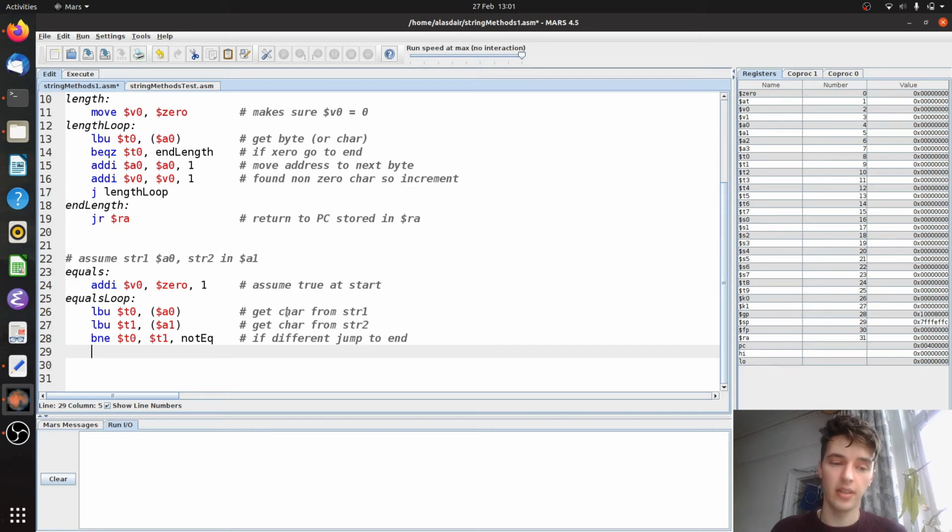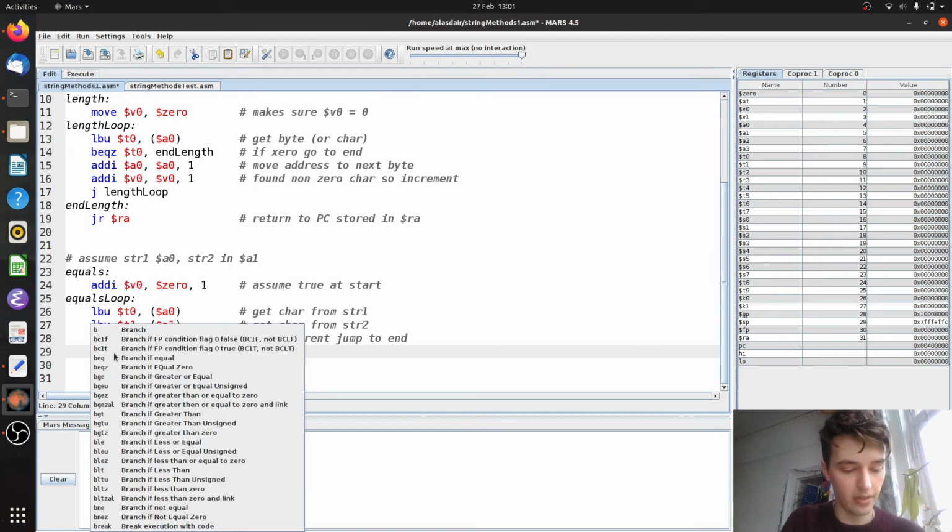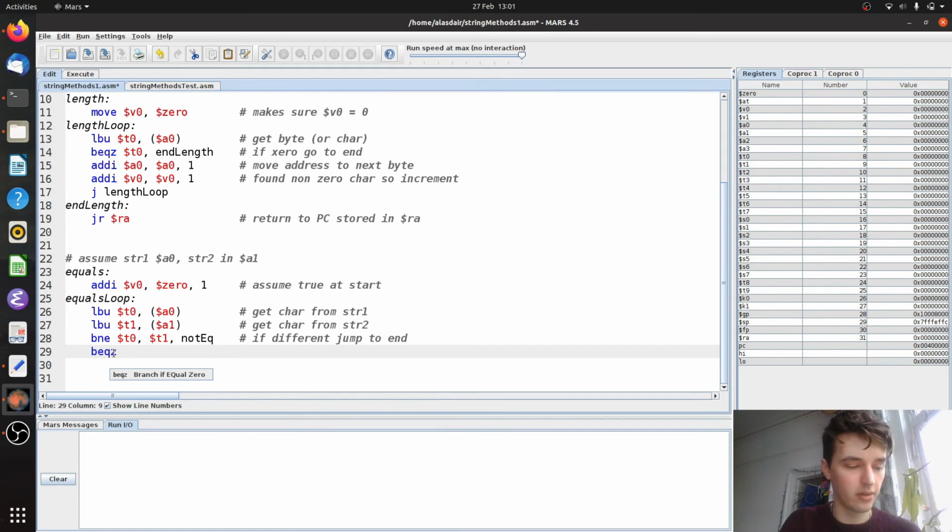So in this case, if we get to line 29 of the code here, down here, they must be equivalent. But that doesn't mean we're done checking them yet because we do need to check that they're not 0. So if one of them is 0, then we have ended the strings, we've gone to the end of both of them, so we should just finish and go to the end. So we should do a branch if equal to 0, where we just go to end, or we go to EQ, let's call it